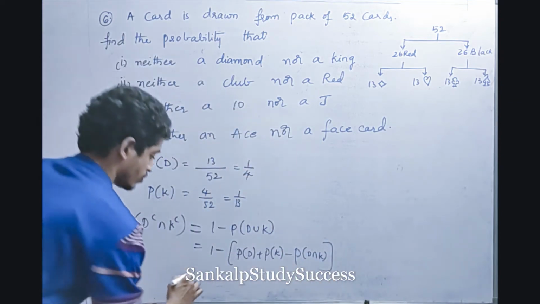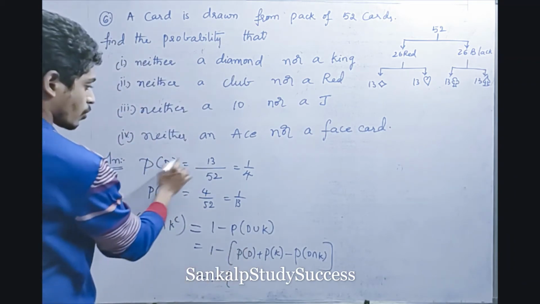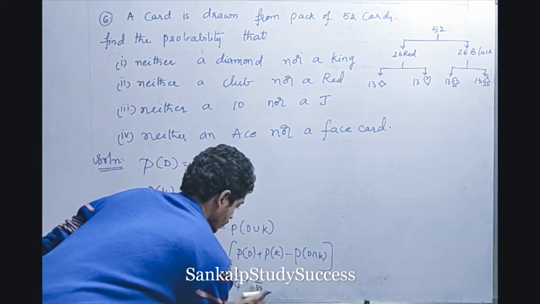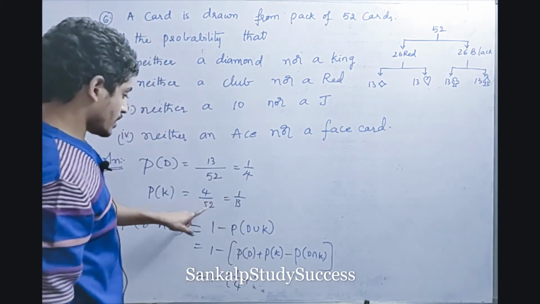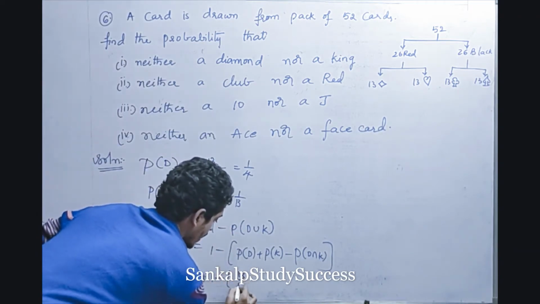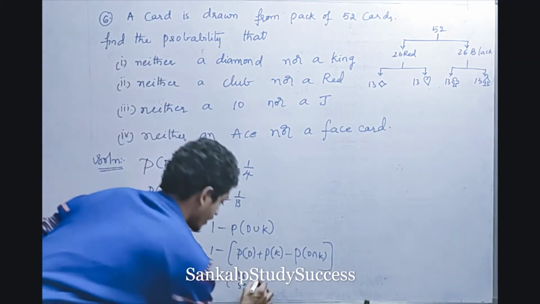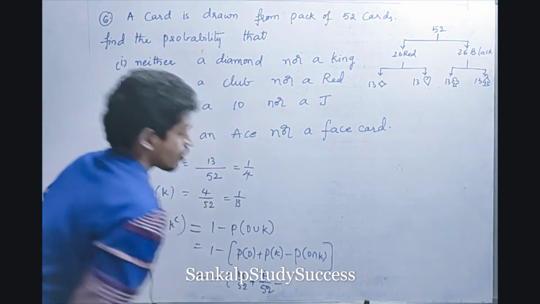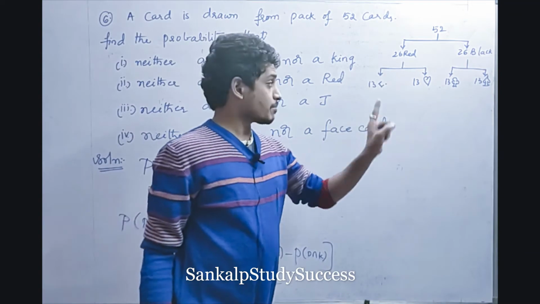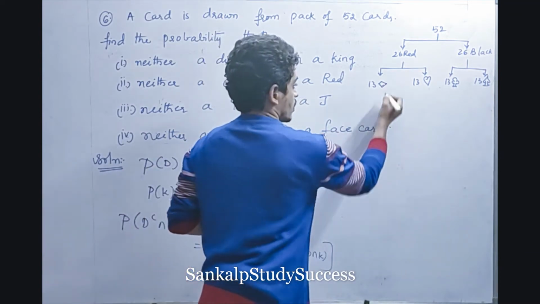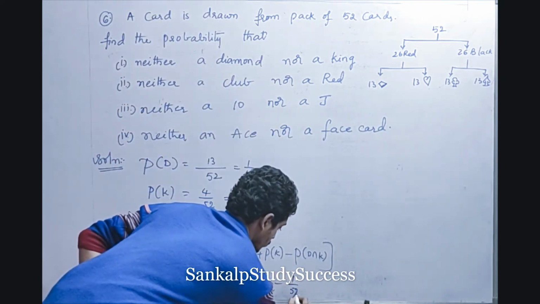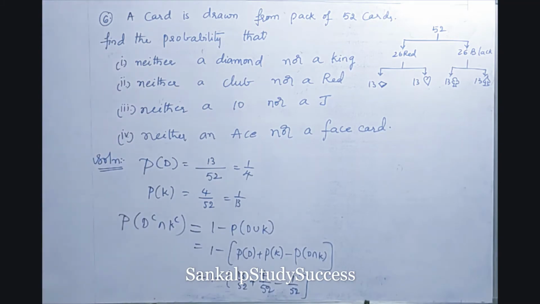Right? So what is 1 minus P of D? Probability of diamond is 1 by 4 and probability of king is 1 by 13. Or else simply write 13 by 52 and 4 by 52 for easy calculations. So that is nothing but 13 by 52, and the probability of king is 4 by 52, minus... is there any relation between diamond and king, friends? Yes, in diamonds there is one king. That means both are dependent events. So king can come from diamond. So how many kings can come? Only one king. So 1 by 52. So we are getting 1 minus.